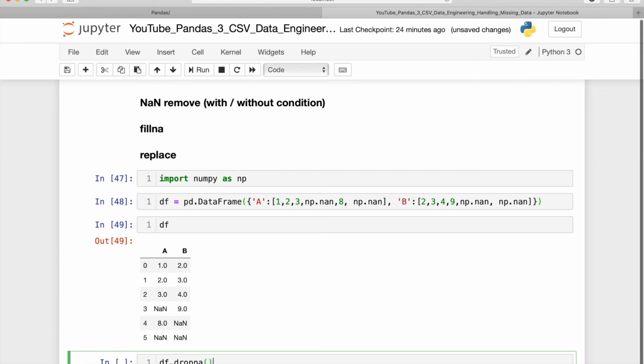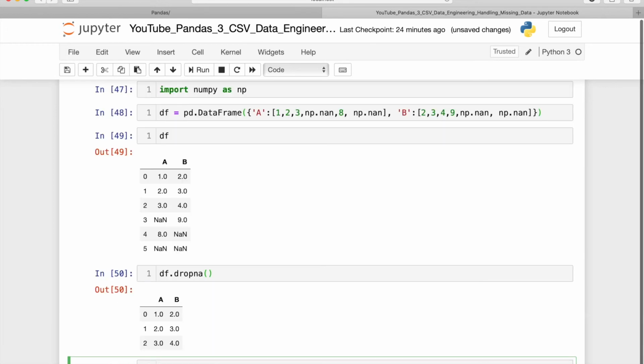So now what happens? It will delete all the rows that have a null value. Let me show. See, now this is deleted because these three had null values. So 3, 4, 5 all deleted, right? But if you want to delete only the rows where all the columns are null, I'm not interested in deleting the third, because at least it has some data. It has some data. So for that, you have to pass how